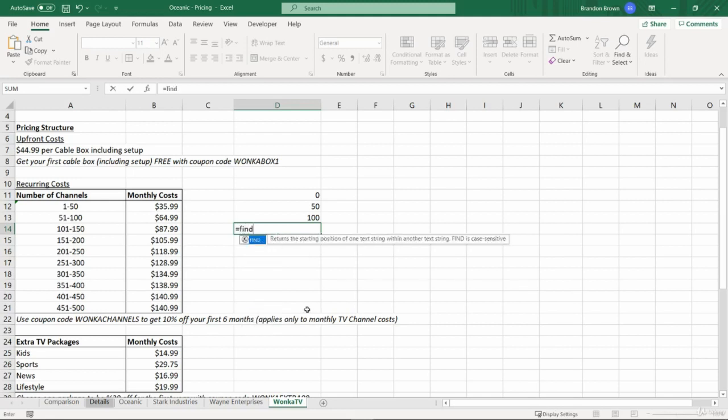So I'm going to use a find function. I'm going to find a hyphen within this text. And it is at position 4. So then I'm going to use a right function. I'm going to find the right of this text,